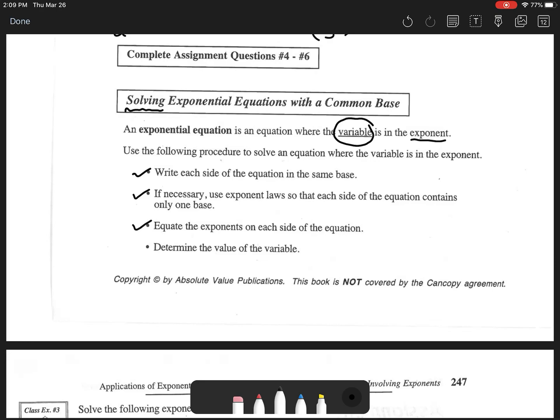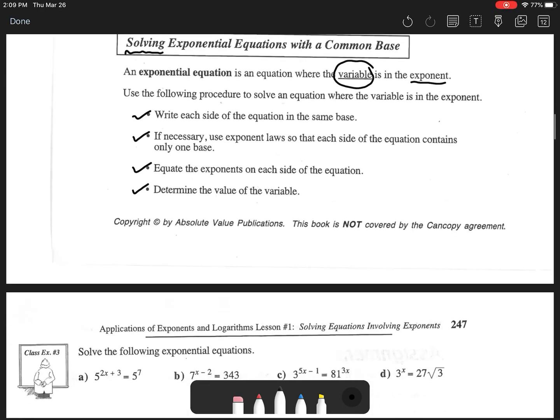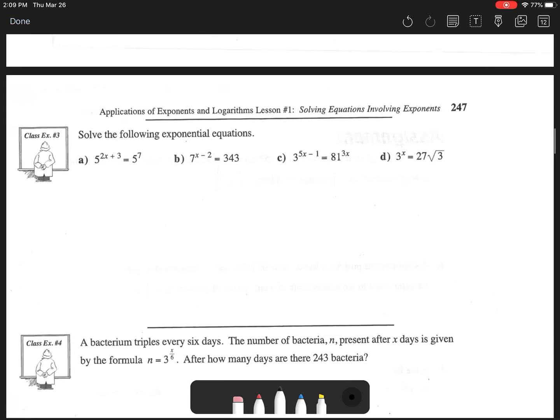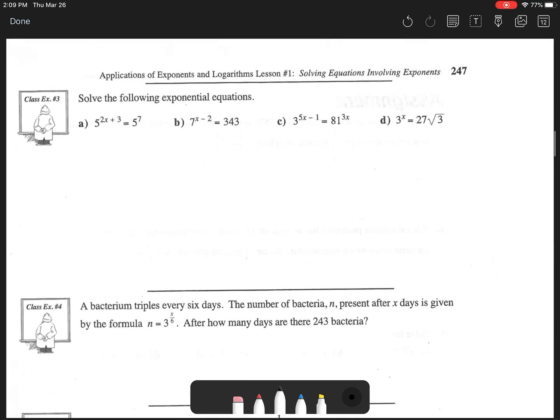At that point, equate the exponents and then determine the value of the variable. Okay, so those are the steps that we're going to use when we solve them. We'll use all of them, or two or three of them, or just one of them, depending on how difficult the question is. So on page 247, the first one, 5 to the exponent of 2x plus 3 equals